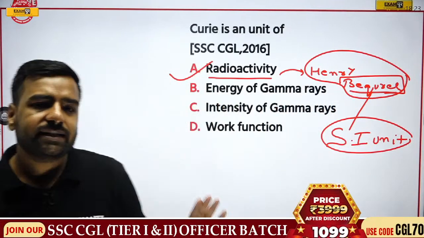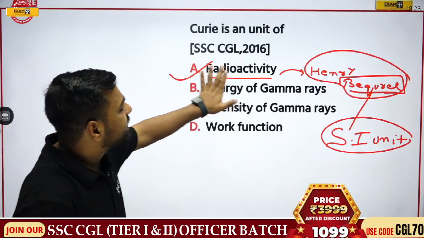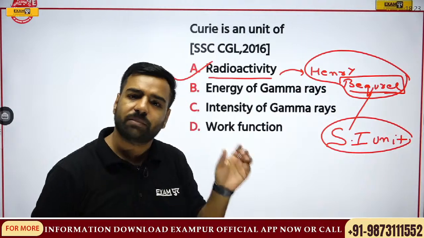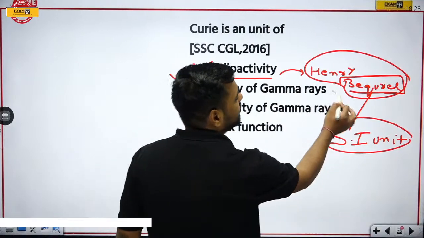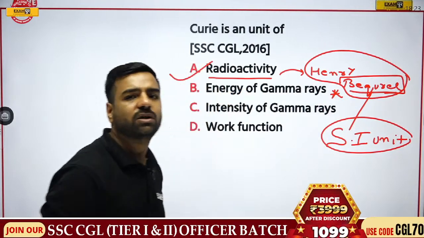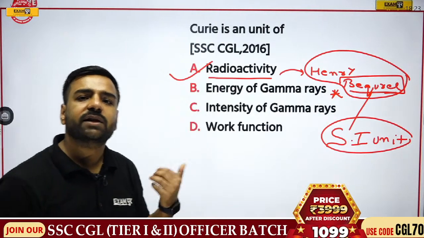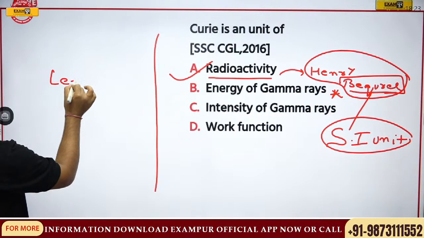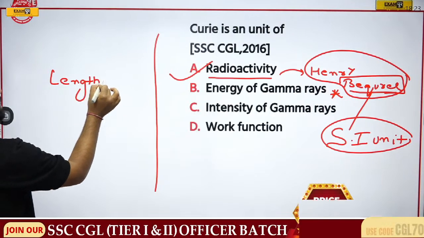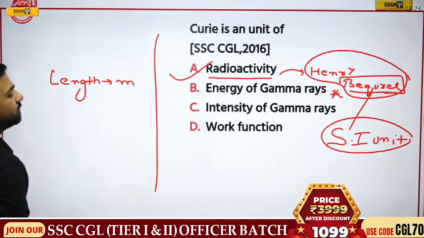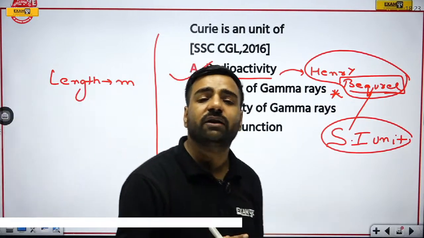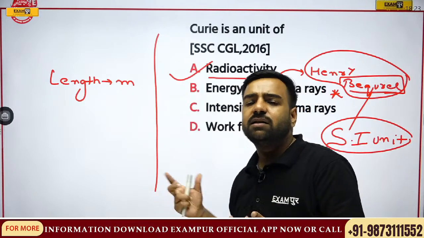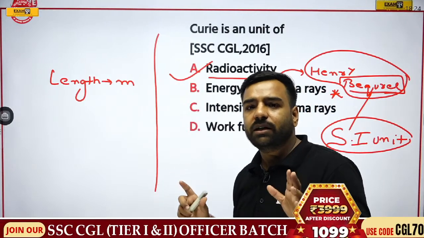So in the examination, if it is asked, what is the SI unit of radioactivity, and we have Curie there, Becquerel there and other options, please remember, for the SI unit, the correct answer will be Becquerel, because we know that SI unit is only one. Correct? For example, for length, what is the SI unit? We have the meter. No doubt, for length we have kilometer also. Even we can talk about other units, angstrom as well. But here meter is what?